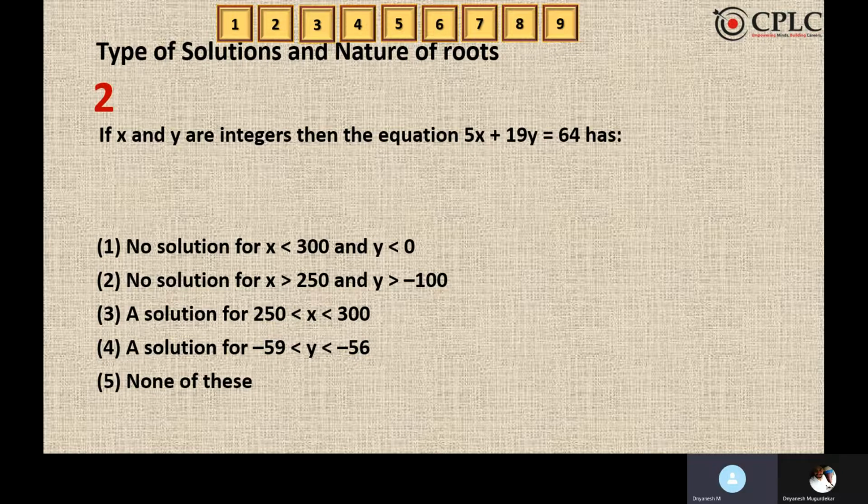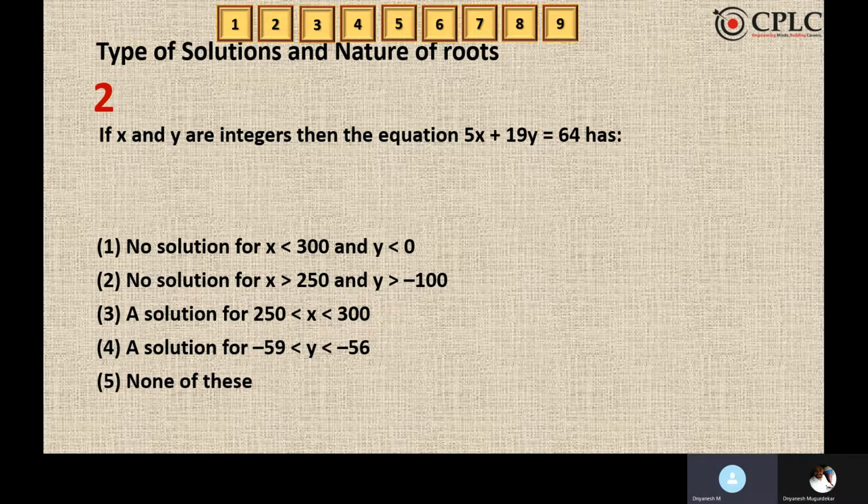If I reduce that by 5, it will be minus 4. Then if I further reduce that by 5, it will be minus 9. If I further reduce that by 5, it will be minus 14, and so on. So what you understand from this equation is that the values of x are increasing by 19 and the values of y are decreasing by 5. Now coming to the options, what you understand is the third option is the answer, because all